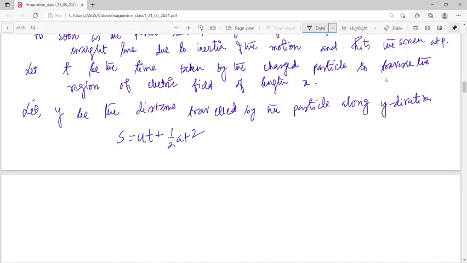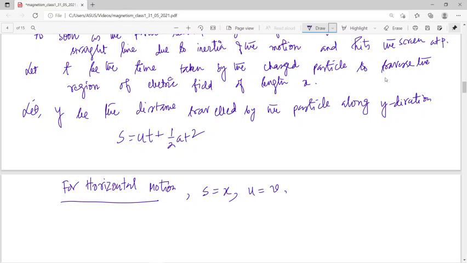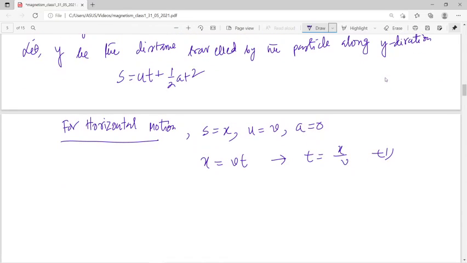If we consider the horizontal motion, the distance traveled is x, the velocity we take as v, and the acceleration is 0, because no force acts on the particle along the x direction; it acts along the y direction. So we get x equals v into t, that is the first equation, or you can say t can be written as x by v. And if we consider the vertical motion,